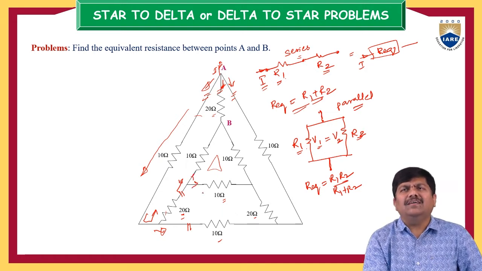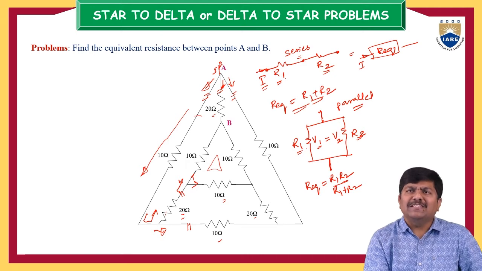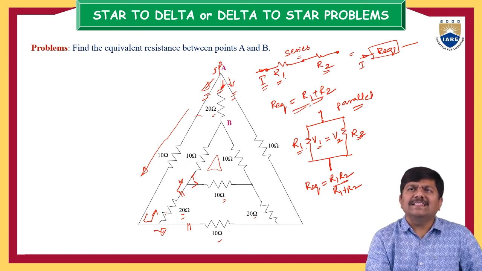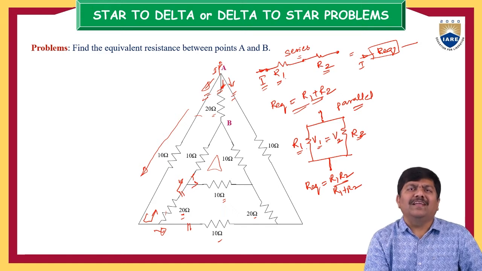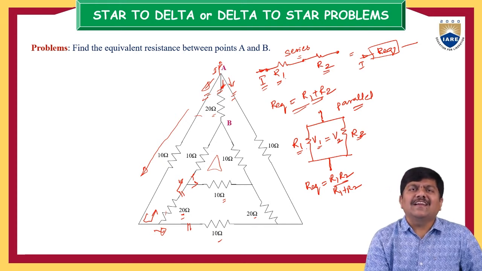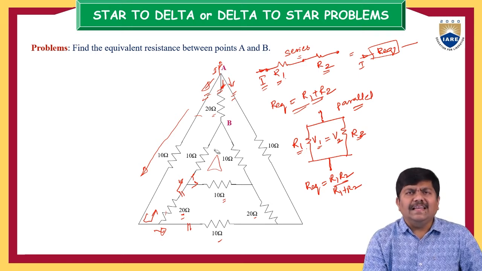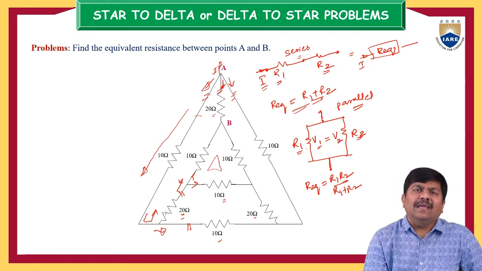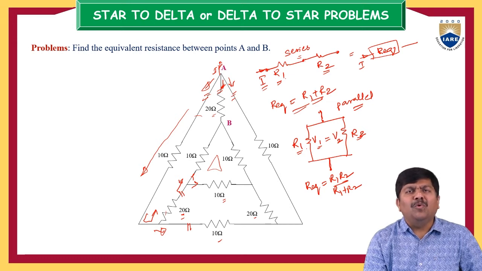So even if you move step by step slowly into the circuit, the complexity goes on increasing. In such cases, applying the series and parallel concepts from the fundamentals is a laborious process. So in such cases, we are going to use the star to delta transformation technique or the delta to star transformation technique, which will highly simplify the complexity of the electrical network, and we can reduce the equivalent resistance to a simpler form.